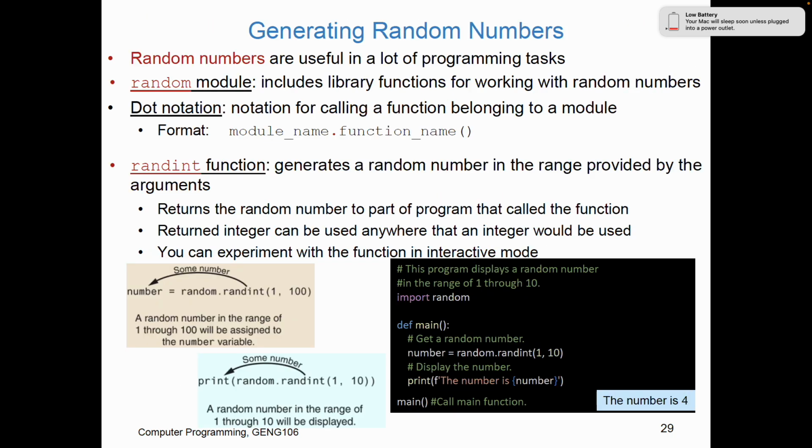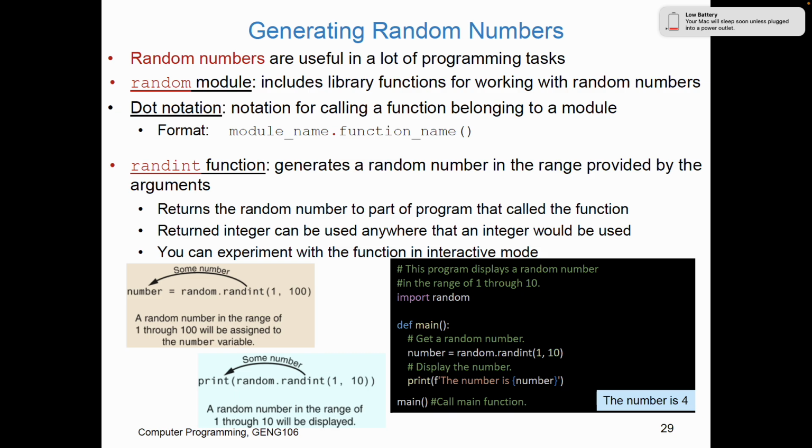Let's see one example. For instance, I would like to generate random numbers between two different numbers, like between 1 and 100. In order to do that, you don't need to re-implement it actually, because there's already this random library. So I just need to say import random. What will happen is that it will give me access to all functions that are defined in this module. And in that one, it has this function